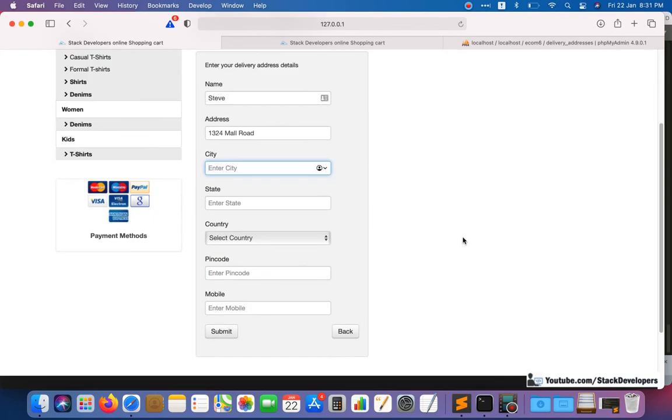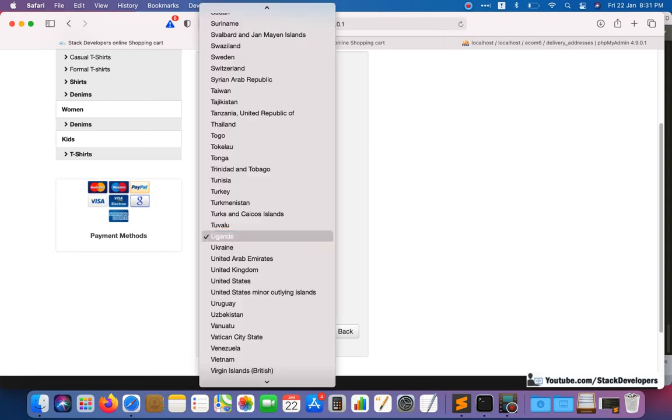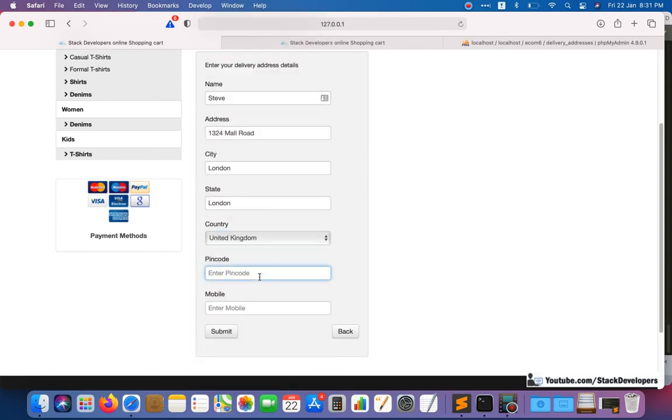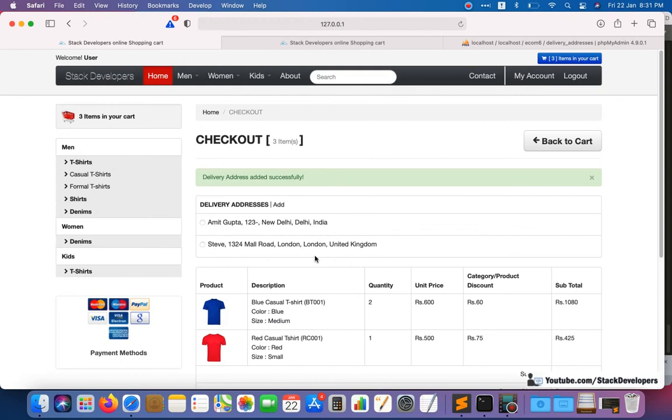Okay, city, any city you can give, like London, I don't know the state, London, United Kingdom. Okay, any pin code, and any number. Submit, and here you can see another delivery address is here. The user is able to select one of the delivery addresses where he wants to deliver his product.